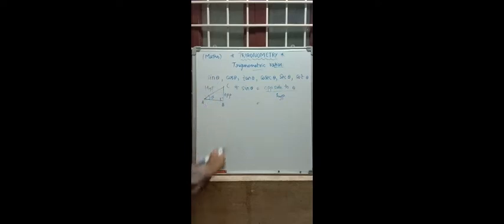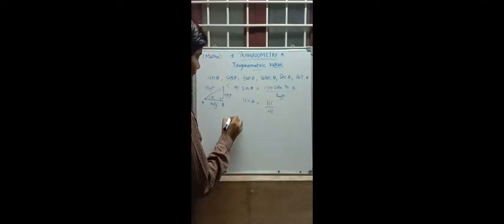AB is near to the theta, so we will take it as adjacent to theta, ADJ. This is the side opposite to theta, BC. Here I have taken theta near angle A. If theta is taken at angle C, then BC will be the adjacent and AB will be the opposite. So here theta is at angle A. Hypotenuse is AC. So sin theta is equal to BC by AC, opposite side to theta by hypotenuse.